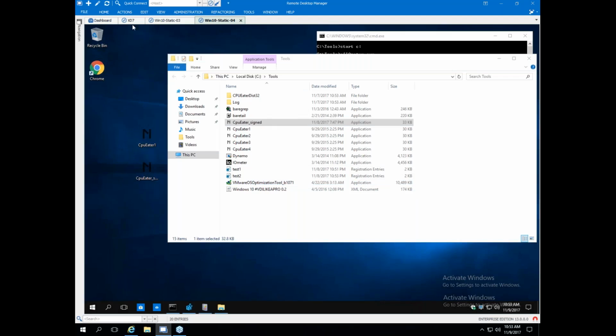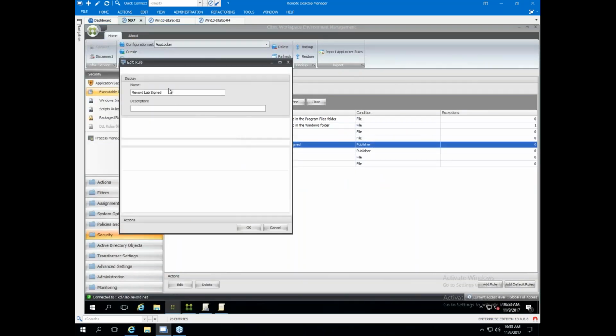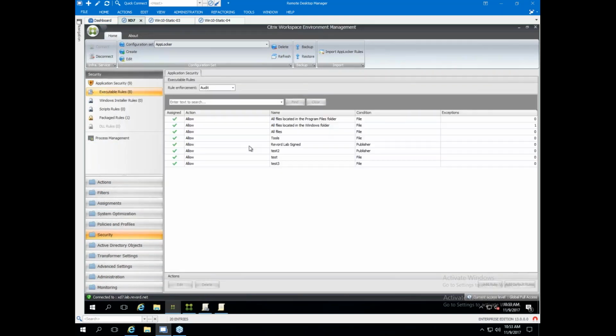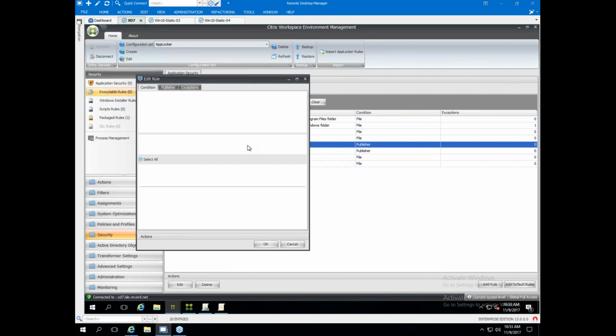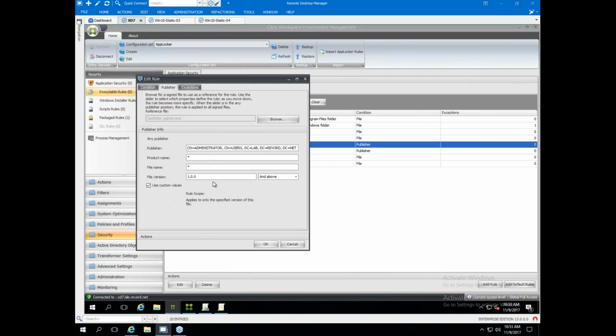And so one of the tricks you can do here, and I'll come into those rule sets to answer the question, is you can create publisher signed rules where it's either a file hash. Let me try to reopen that. There we go. File hash or publisher setting, and you can get as granular as you want. So you could actually have it this code signing cert against this publisher name with a file all the way down to certain versions or above. So you have a lot of granular control.